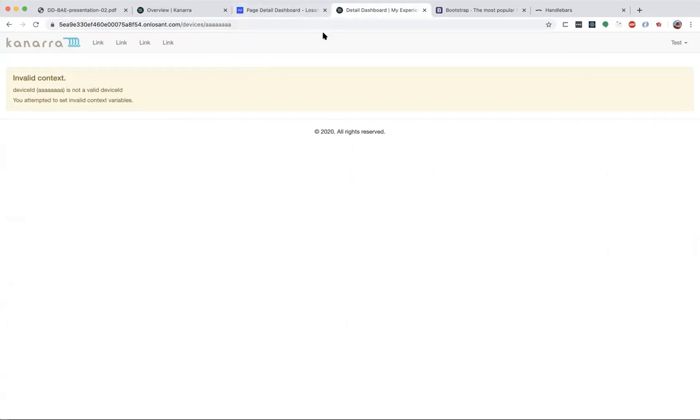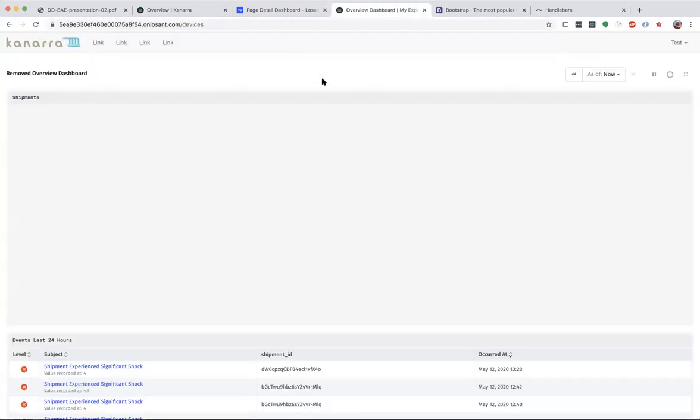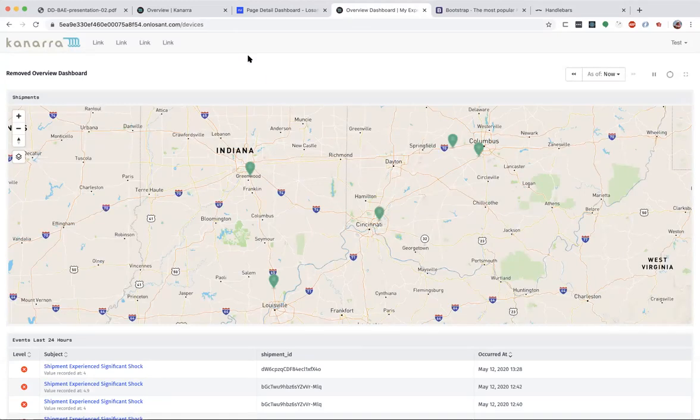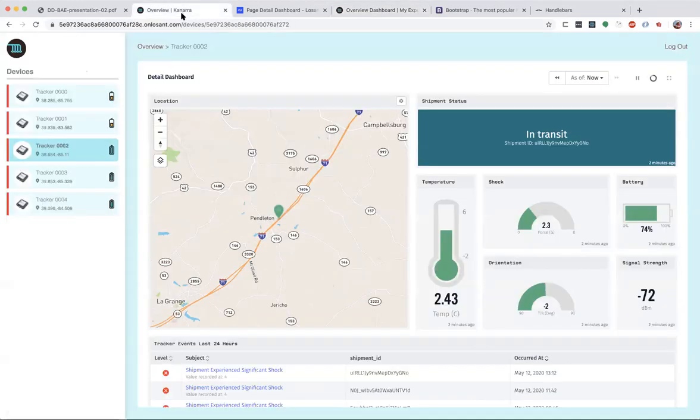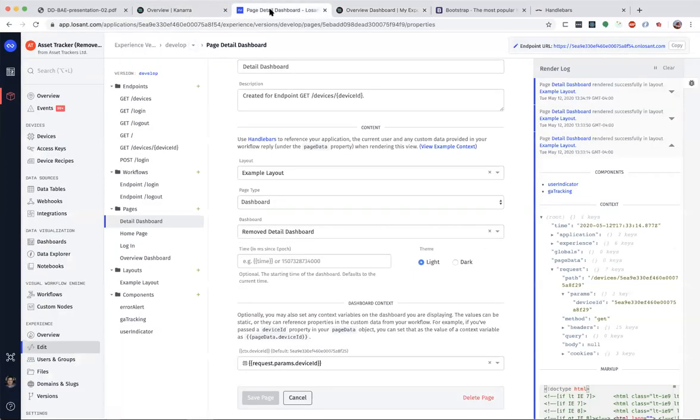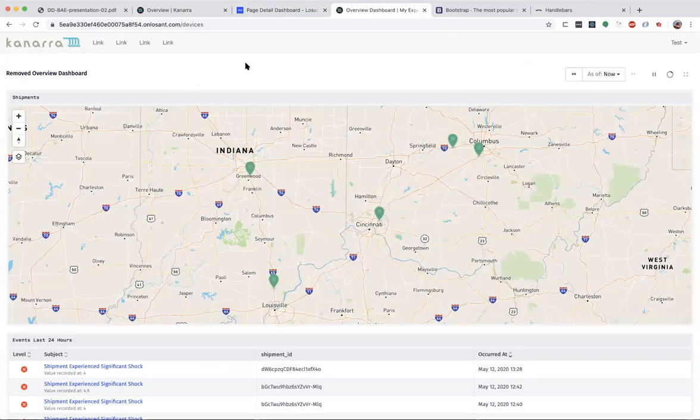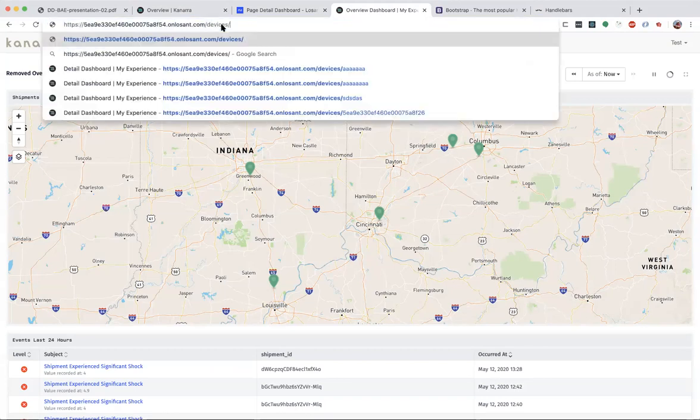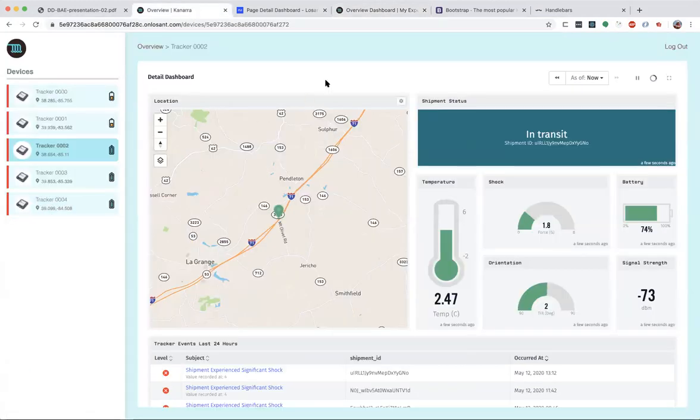Okay, so let's back up a little bit. Here I am at /devices. If we compare this to what we have here, well, one thing we're certainly missing still is this left column. So our end users don't exactly have a list of device IDs that are available to them, and they're going to come and type the 24 character alphanumeric ID into this URL. We need to give them some way of clicking around to get to the various devices that are available to them. And the way to do that is to add this left column.